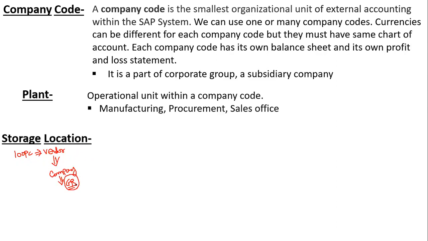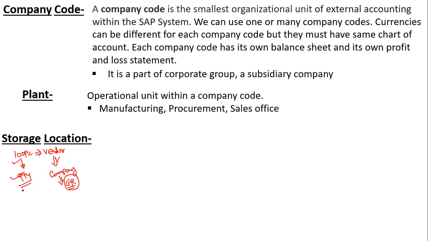We also check physical dimensions, whether they are correct or not, and if all these conditions are satisfied, then we do GR in our system, and then we put this material in our storage location. So here I'm talking about 100 pieces, that is, I'm talking only about quantity. I'm not talking about value. So we maintain the storage location on quantity basis, right?